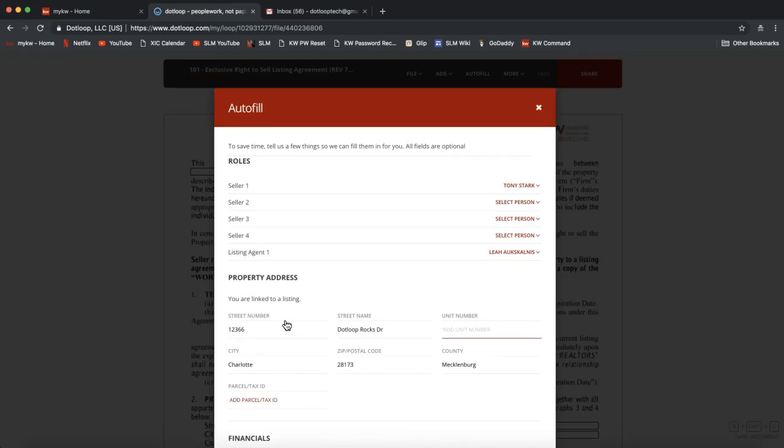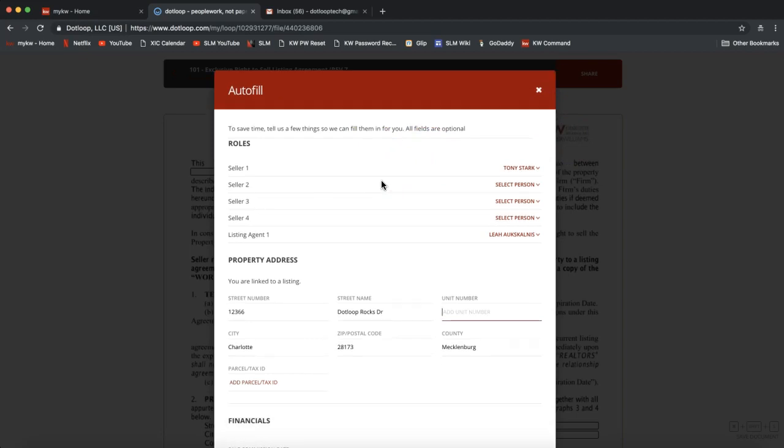And when we do that, you should see an autofill box display immediately. Now this autofill box is really important. Please make sure to never X out of this. This is our best friend. Okay, make sure the form is set up properly so that your clients can electronically sign, and it also autofills,